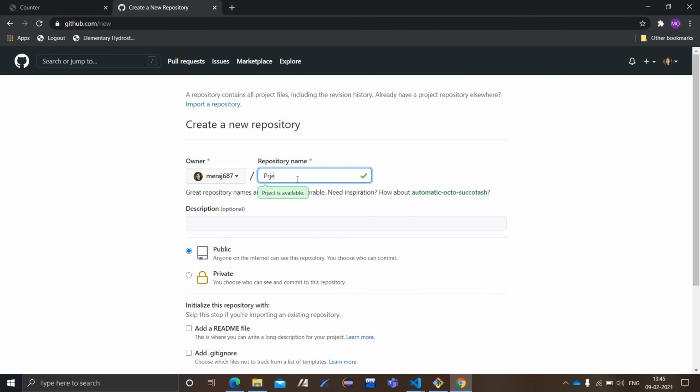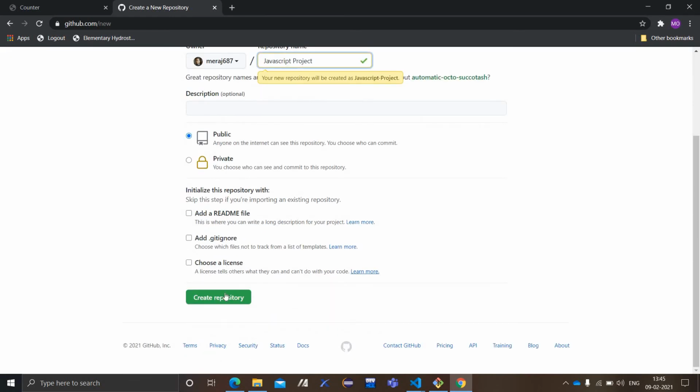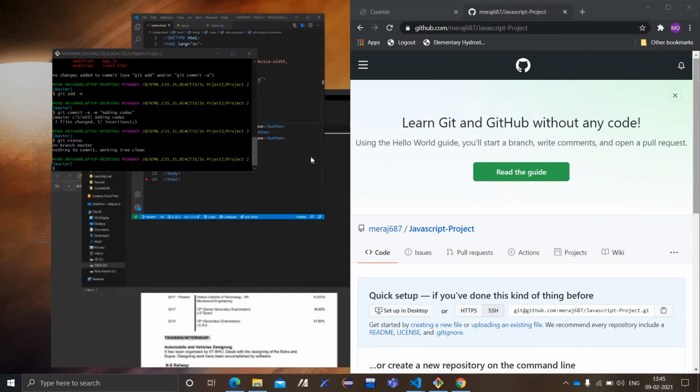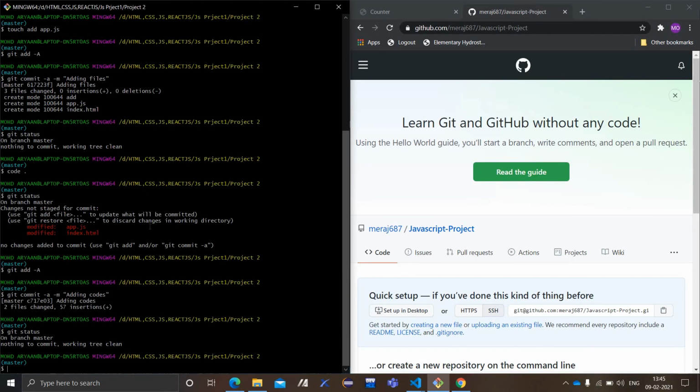I'll name it JavaScript project 2, JavaScript project. Okay, I just make it public. It's a simple thing, you just see and check how it's working.